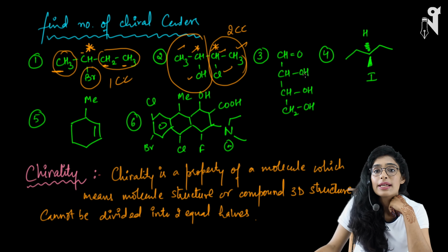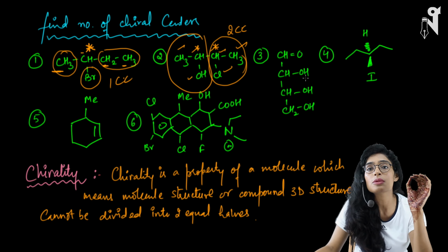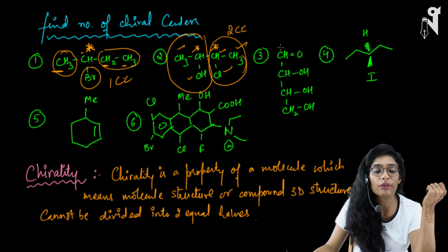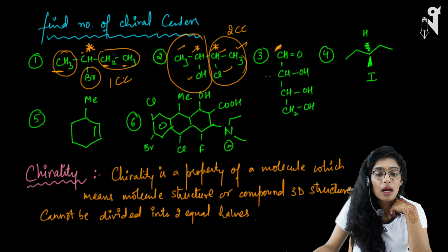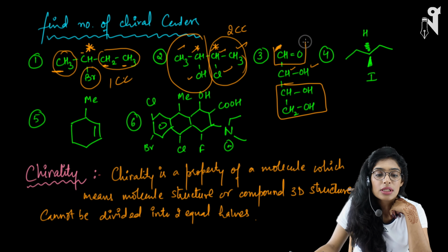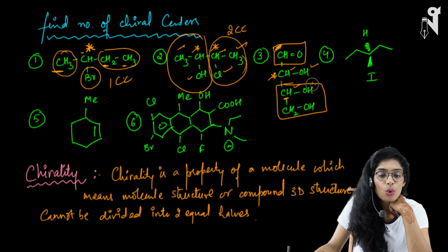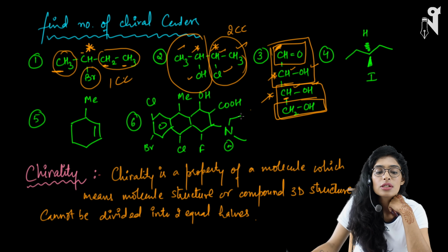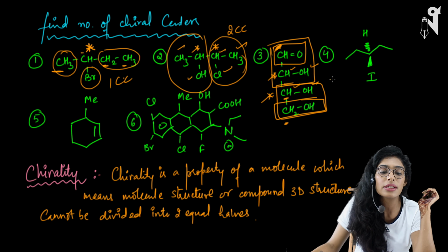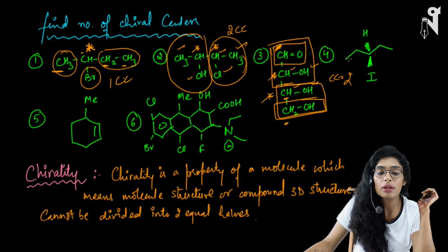Let's talk about this compound. As I mentioned very clearly, chiral center is a term used only for sp3 atoms, it cannot be used for sp2 or sp atoms. So we are not going to check this carbon at all. Okay, look at this carbon. It has one hydrogen, one OH, and one group which is different from this. So definitely this is a chiral center. Let's go to this carbon. It has H, OH, then CH2OH as one group, and this whole thing as another group. So definitely this is also a chiral center. About the last carbon, there are 2 hydrogens here. That means 2 species are repeating. It cannot be a chiral center. So how many chiral centers are there? 2.